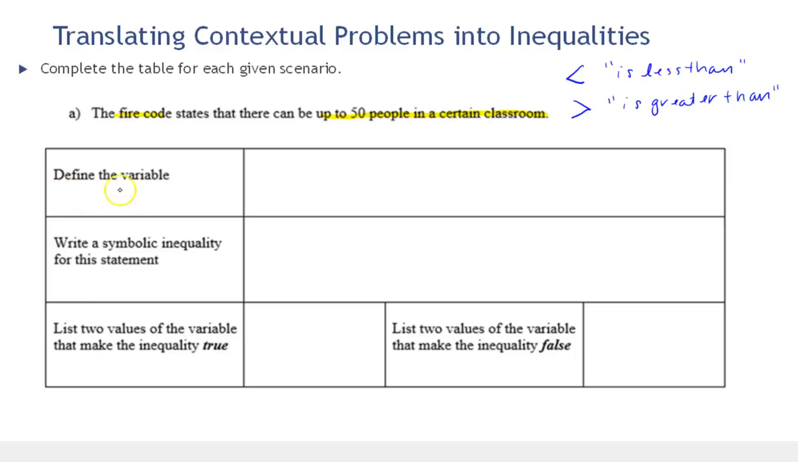So first we're asked to define the variable. So what's the variable here? What's the unknown or the value that could change? And that would be the number of people in the classroom. So I'm going to let n equal, I'm going to call it n for number of people, the number of people in the classroom,